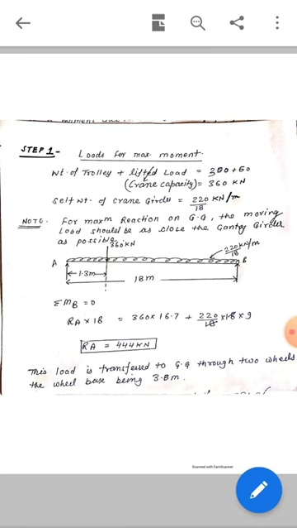So what happens is that this 444 kilonewton load is coming on two wheels. So how much load will come on one wheel? We can easily calculate that. For that we have to divide this 444 kilonewton value by 2, which will tell us about the load on each wheel.